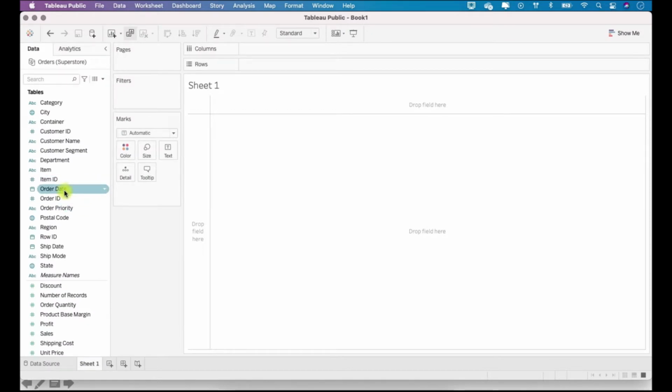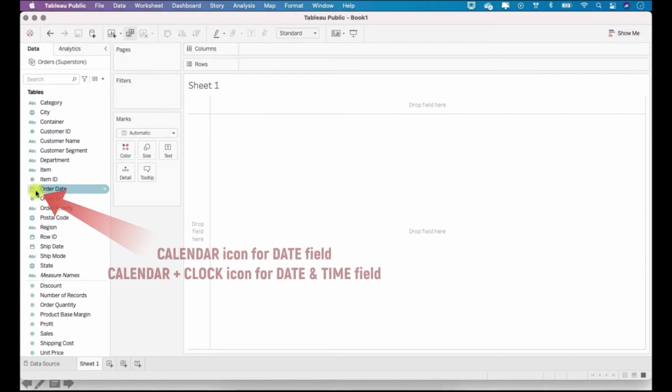Now first thing, whenever the data type is a date, you will see a calendar icon being displayed here. Okay, this tells us that it's a date field. In case your data field has time information also, then this icon will be displayed as a calendar and a small clock.